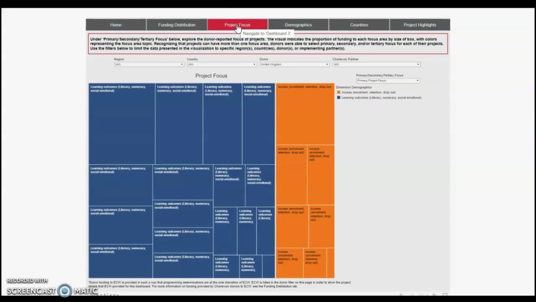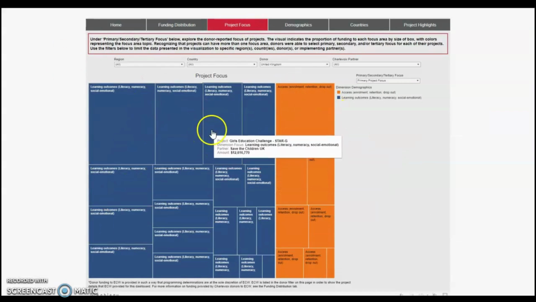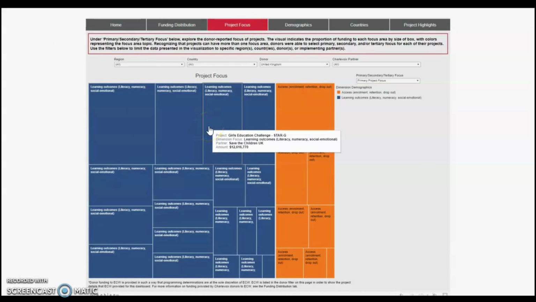The Project Focus page is a tree map that represents the amount of funding allocated to different project focus areas. The size of the boxes proportionally represents the amount of funding going to each focus area. You can hover over individual boxes to see which project is represented by that box.